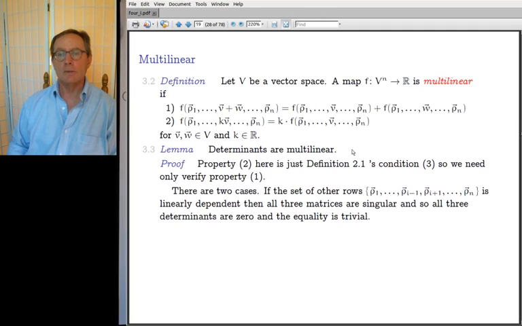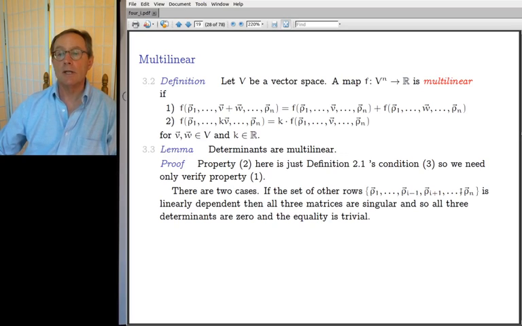All right, so there's going to be 2 cases to show that condition 1 is true. You look at all the other rows, not the v plus w row, not the v row, not the w row, all the other rows, the ones that are called with the Greek letter rho. So row 1, row 2, all the way up to row i minus 1, row i plus 1 through row n. That's a set of row vectors. If that set is linearly dependent, if, for example, row 1 is 3 times row i minus 1,